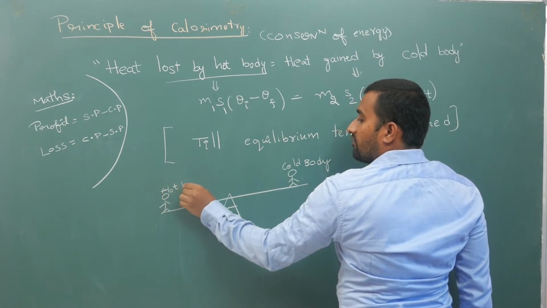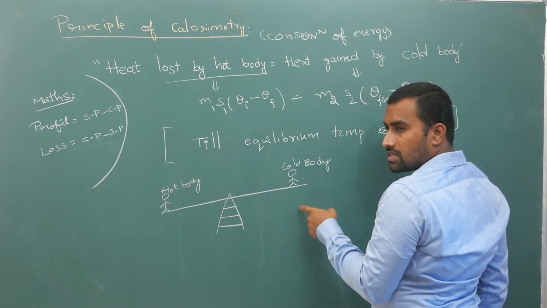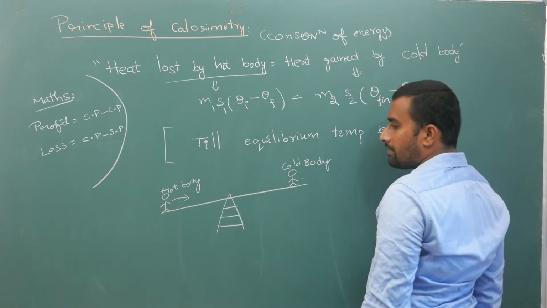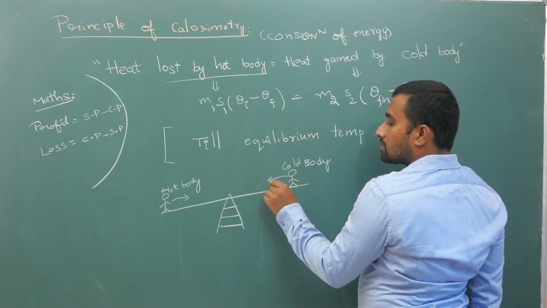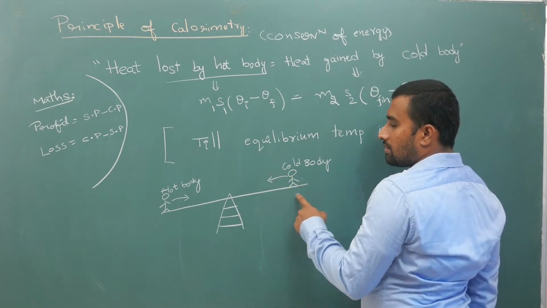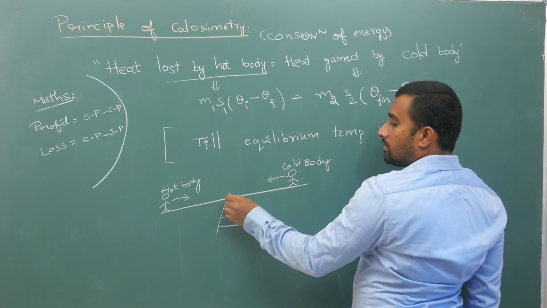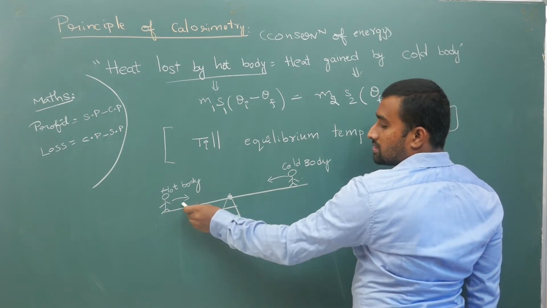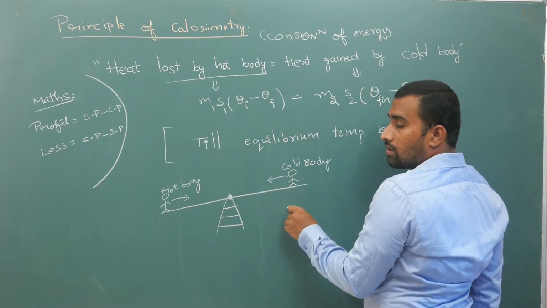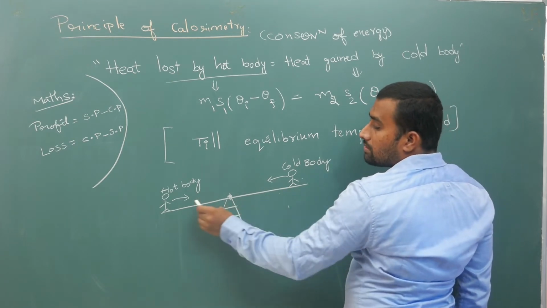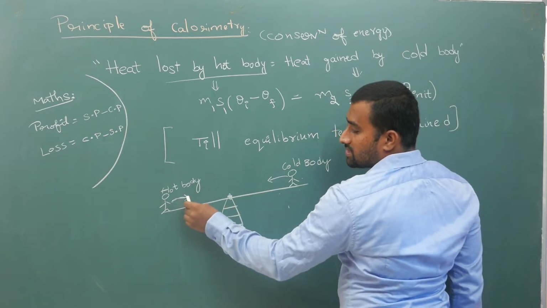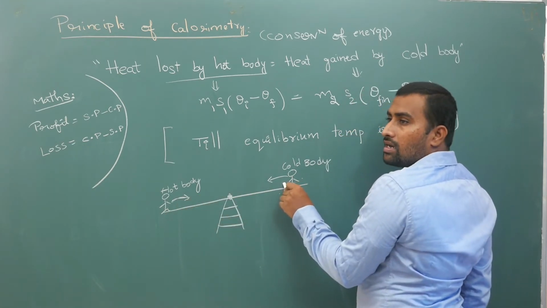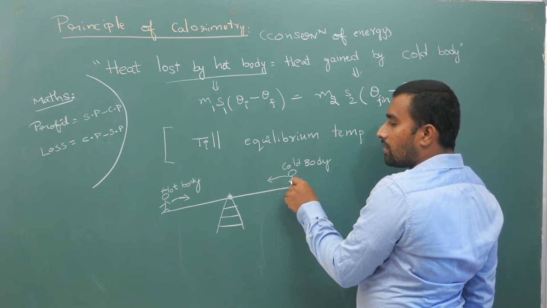So for these two persons to save themselves, if the hot body comes one step, then the cold body is also supposed to come the same step by the same distance, or else about this point there will be some torque and imbalance occurs. So automatically if this comes first, this goes down, if this fellow comes first, this will go down. So both happen together, but this fellow will start taking the first step. If he lifts one leg, then this fellow is also supposed to lift his one leg and he must also try to come forward like this.